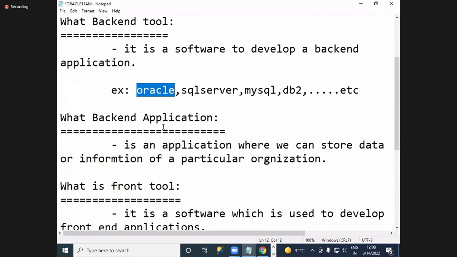In this, any application or any database tool you can use, but finally my target is what now? To develop a backend application. So which kind of applications can we develop?